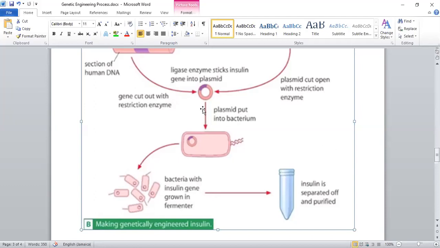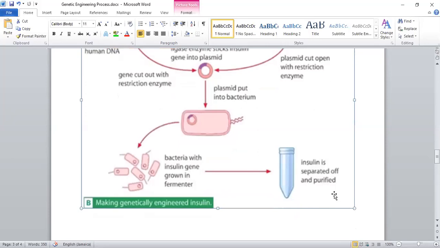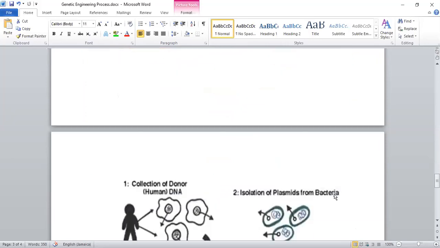All right, so remember that we have to check to see if the bacteria has actually taken up our plasmid. And usually we do this by making sure that we also inserted a gene for antibiotic resistance inside of the plasmid. So we will grow the bacteria on an antibiotic medium, and only those that took up the plasmid will survive, and they will grow and multiply. And then they will start reading the gene, transcribing it, translating it, and creating the protein that you want, and you get a purified sample of your protein. So that was one diagram.